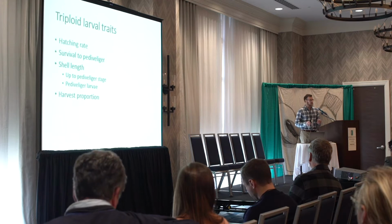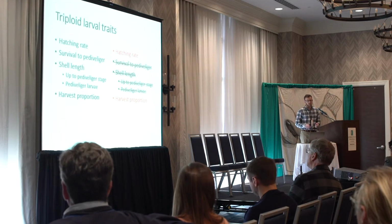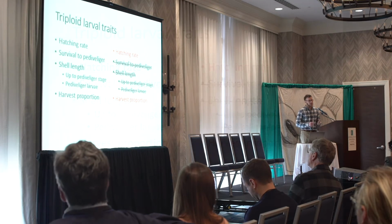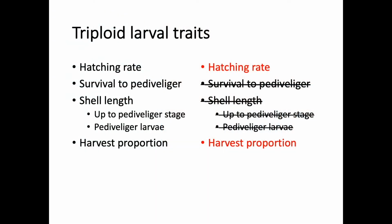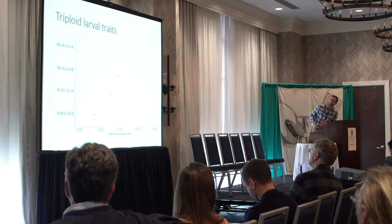So we looked at all these traits and saw how their parents affected those traits. And what we found was the hatching rate and this harvest proportion, how many come off on a given day, both of those are affected by which of these tetraploids we use and which of the diploids, and to some extent the combination of those. So looking at hatching rate,